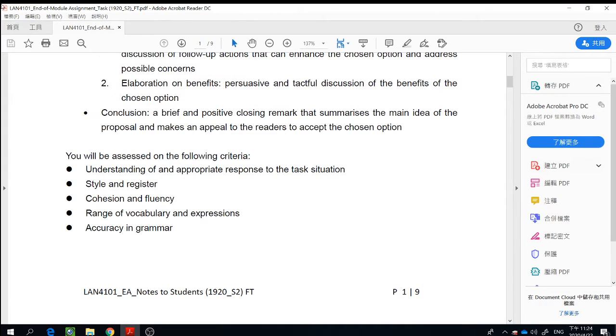Again, why do people fail? If you show no understanding, you don't know what the task is about, you don't know who you are, you don't know what you're talking about, you will fail. All right. If you want to achieve higher marks, you should demonstrate to the marker that you understand the task thoroughly by using appropriate style. Okay. Don't use I, don't use we. You should use formal language. I think anyway, when you follow the pattern from the practice paper, there should be no problem.